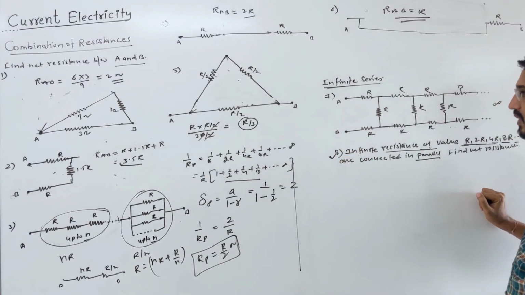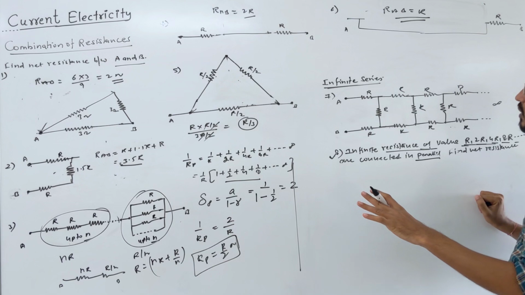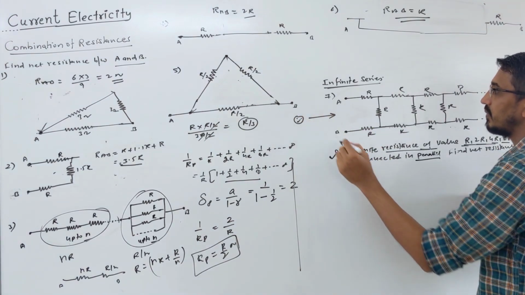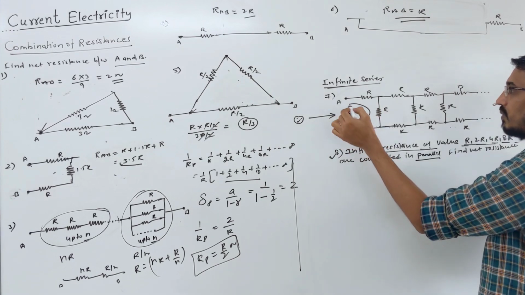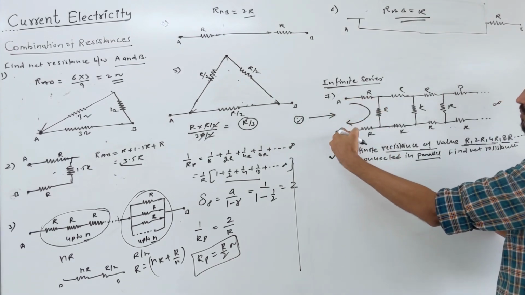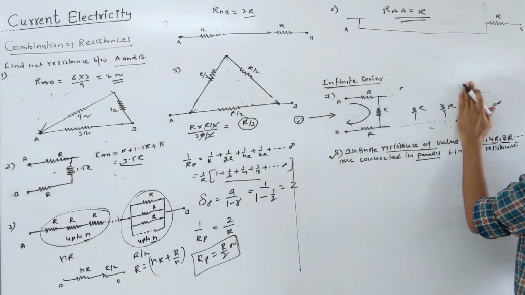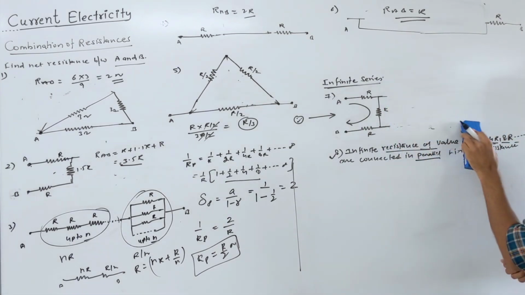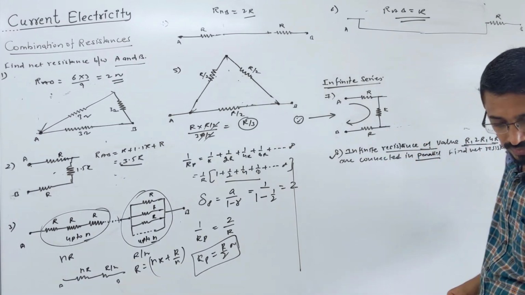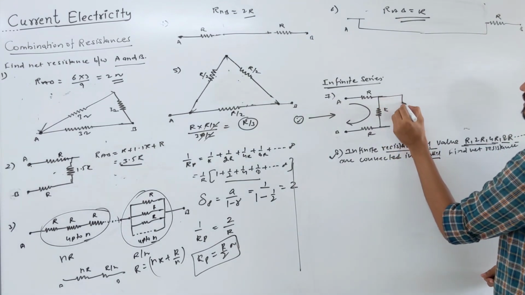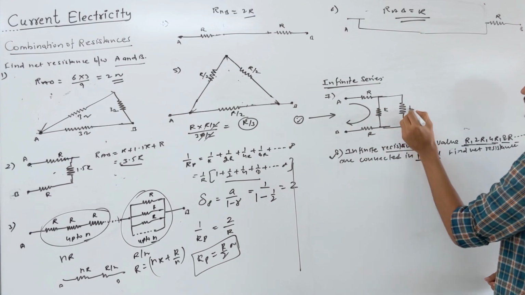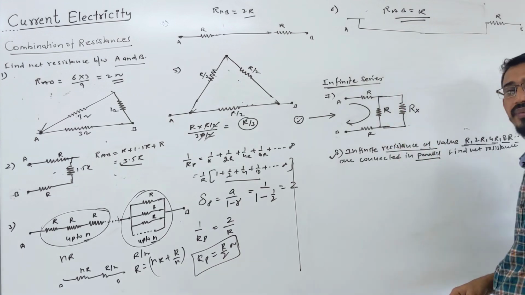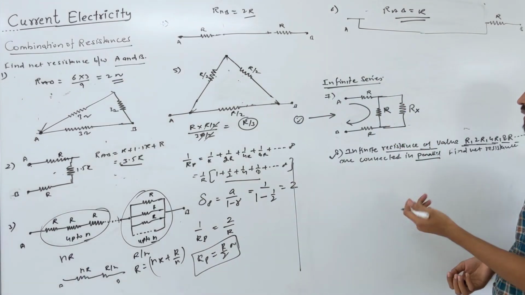So what are we doing? Watch carefully. Here we have to look from this side, this is your face. Leaving this loop, everything you can see from this side, you remove them and write some equivalent value for them. Remove them and connect a resistance. Let's call that value R. What do you want? This is R, okay. So R equivalent is something, okay.